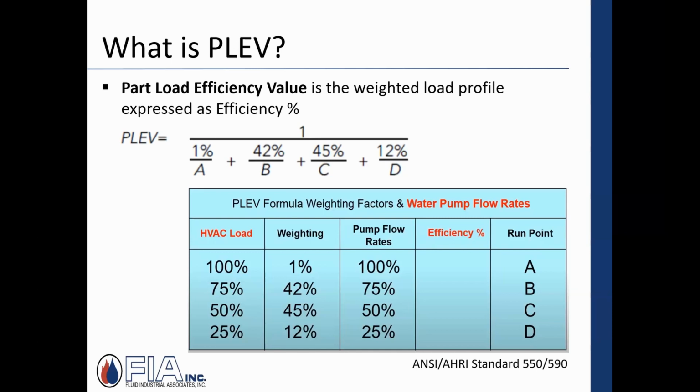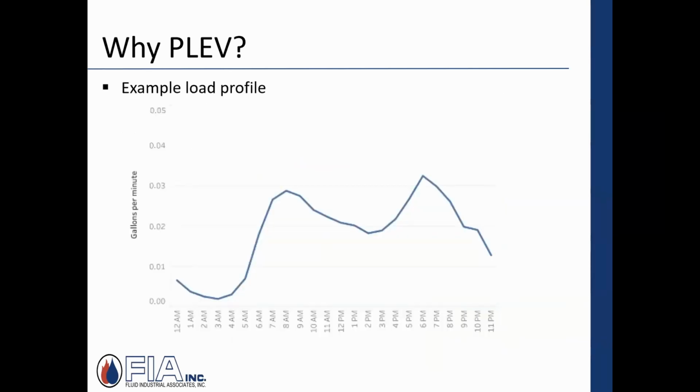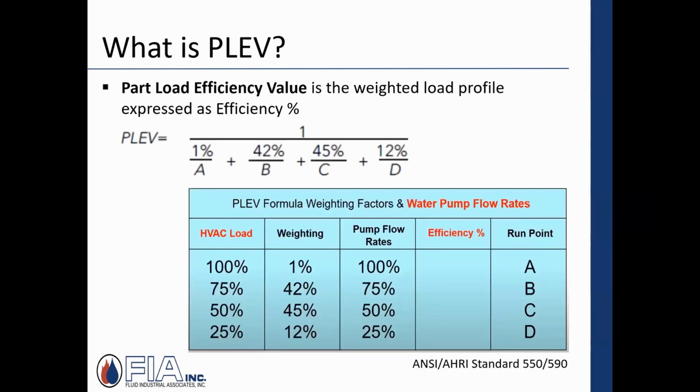And you'll see this sort of weighting done on other equipment out there than just pumps. It's pretty common, but looking at the PLEV is quite important. So if we weight that 100% of operation is at 1% of the time, then 42 for 75 and 45 for 50, then it gives us, I think, a more realistic efficiency rather than just selecting something on the duty point. Now all of those items I mentioned before actually are all items that will appear